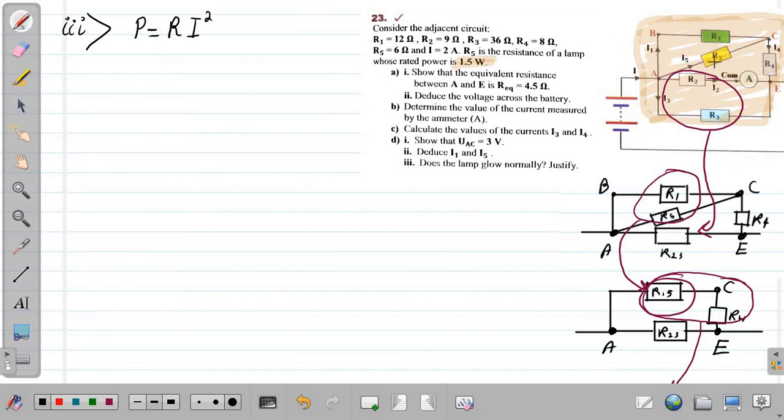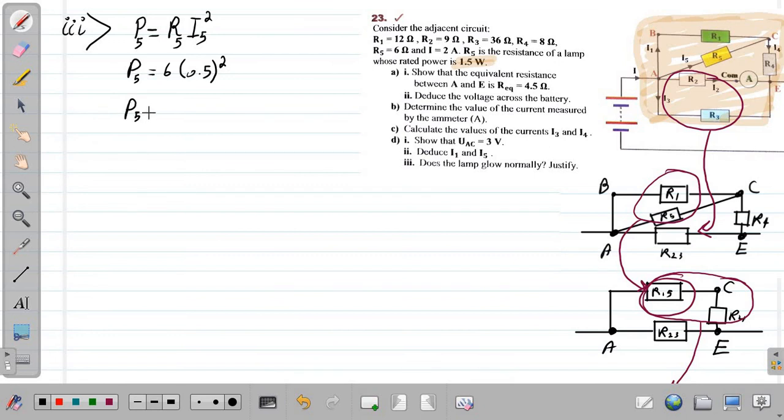We need to find power for R5, so power number 5, and resistor R5, and the current is I5 to find the power of the lamp, which is R5. So the power is equal to the resistance of this resistor, which is 6, times the current passing through R5 calculated, 0.5 squared,